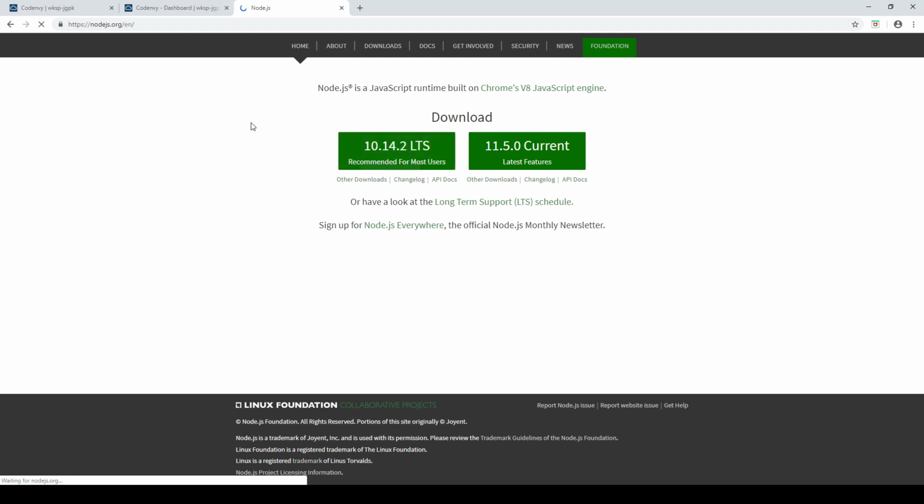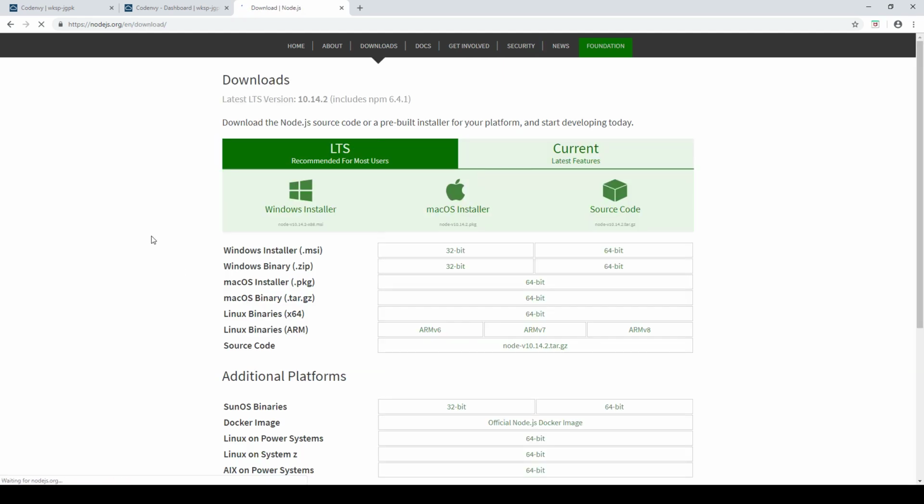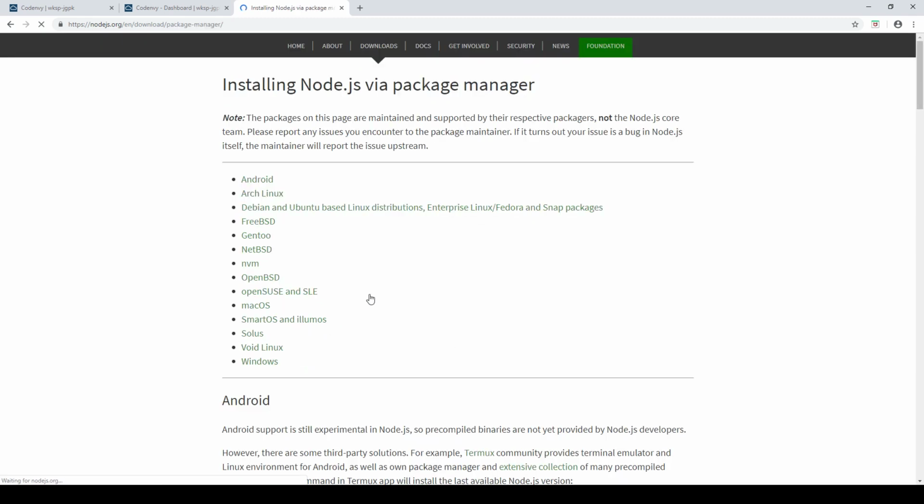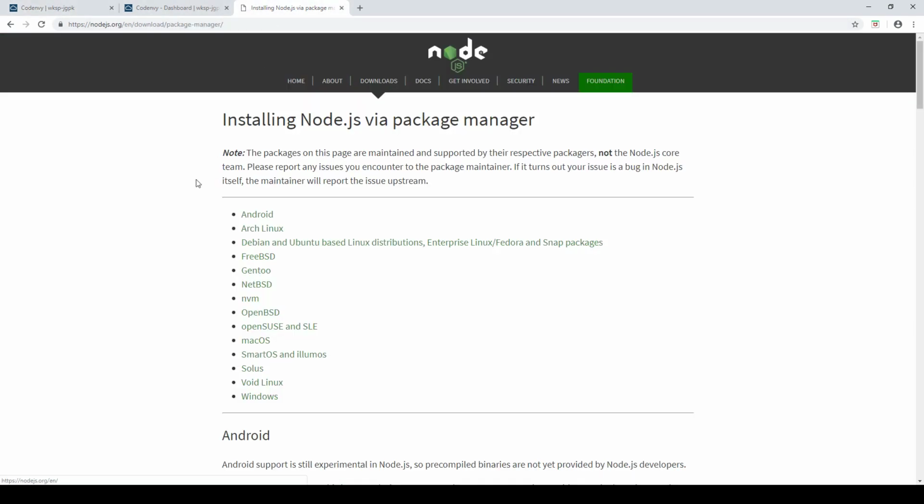That way you don't have to upgrade immediately when there's a new version, due to all kinds of security stuff. So let's see. What you want to do is go to other downloads, I believe, and you want to go down here to installing Node via package manager. Node is loading slow, and we're using these boxes that run on Ubuntu, at least as of now. So we'd go with these instructions,